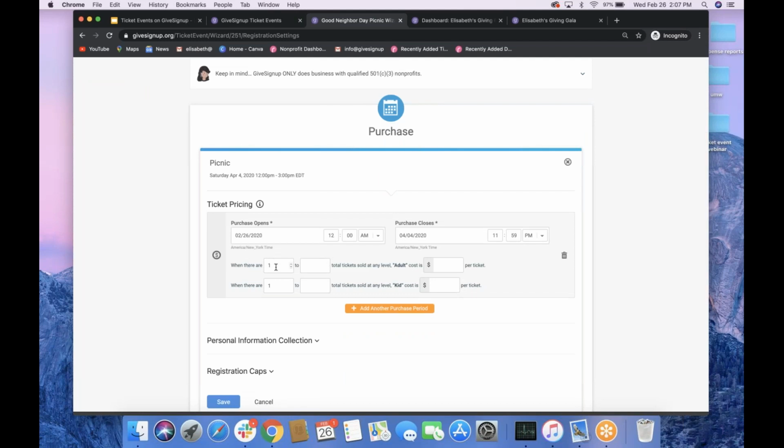Here's where you could change the price depending on how many tickets you're buying of a certain level. So for example, if you wanted anybody who's buying more than 4 adult tickets to pay less per ticket, you could use these boxes here to do that. But for this kind of an event, we're going to keep it simple and just do adult tickets are $15 and kid tickets are